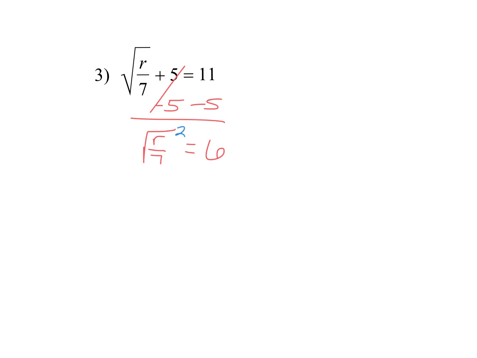Square both sides. So what's left on the left? R over 7 equals 36. Okay, is R completely by itself yet? No. What's the last thing we need to do to get R by itself? Multiply by 7. Yep. So we get R equals